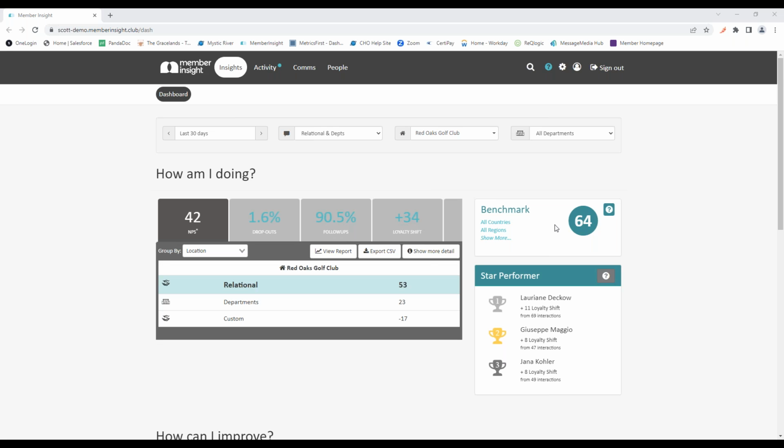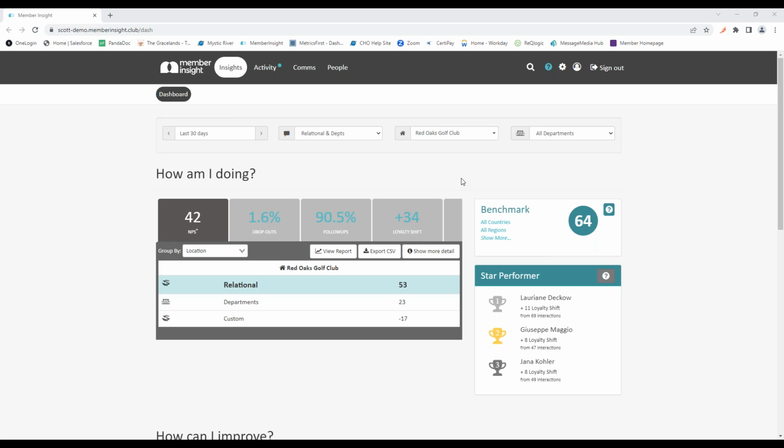So this would be the main dashboard that you see when you log into MemberInsight. But before we jump in, I just want to touch on one thing really quick. The number one question that we always get is what separates MemberInsight from SurveyMonkey or any other free survey systems? And that's always going to be the integration back into Jonas, into your POS, into your membership profiles with your employees, all of that stuff, and the automated surveys that Trevor touched on, being able to send off based on POS transactions.